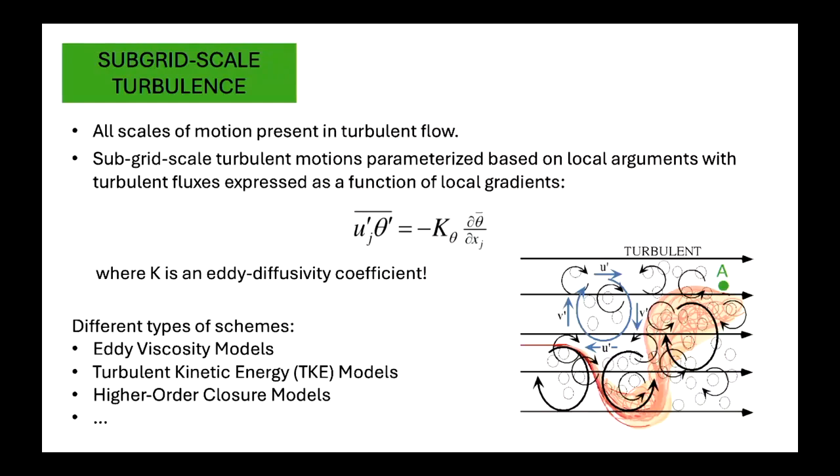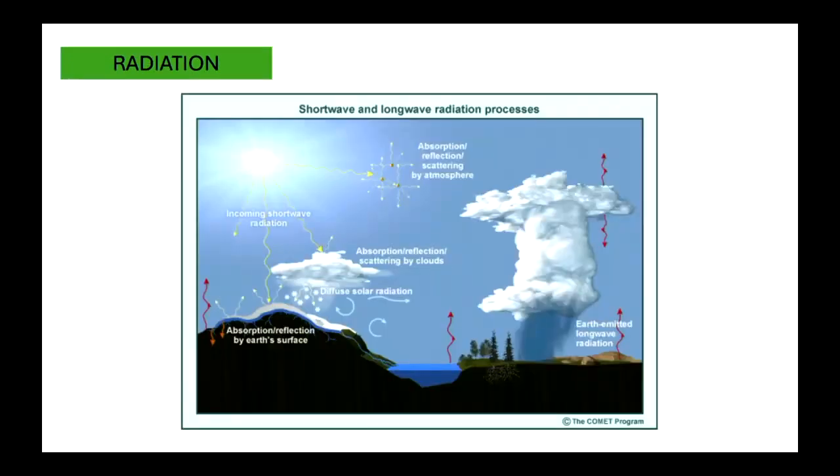And then we move to the subgrid scale turbulence. Just similar to the microphysics scheme, they also come in different forms and different levels of complexity. I'm just quickly showing you an example of one way to parameterize the turbulence, and that is to express the turbulence flux on the left as a function of the local gradient of the mean quantity of our meteorological variables. Right, so that's one common way to do it.